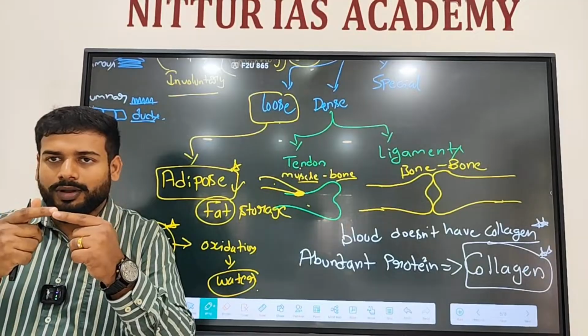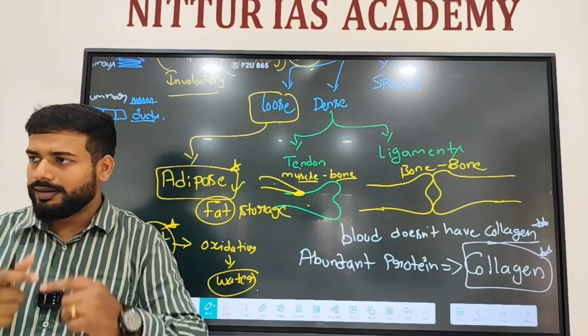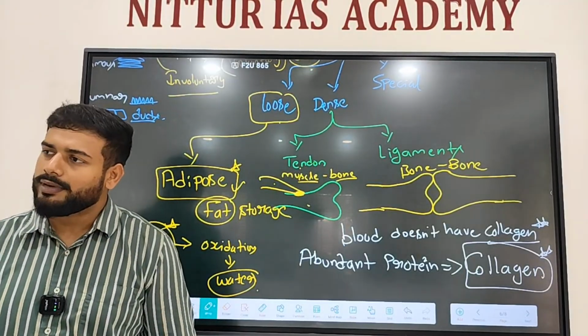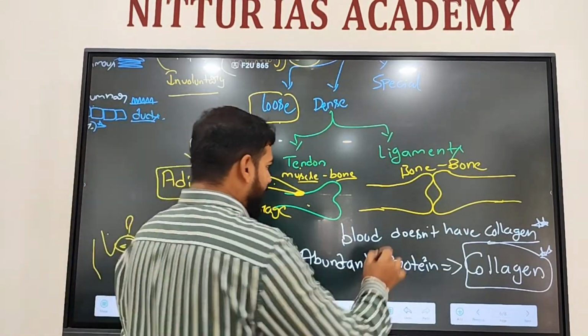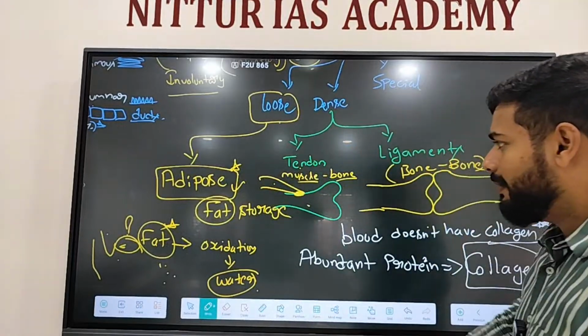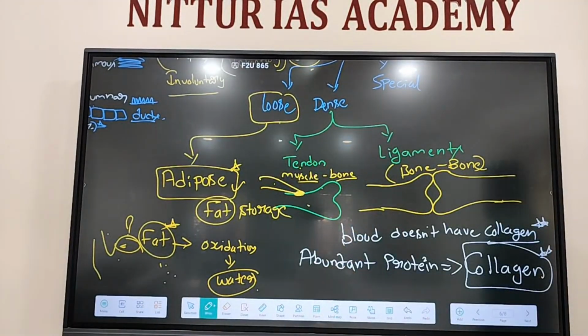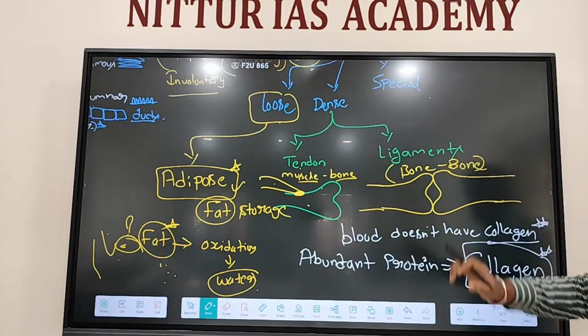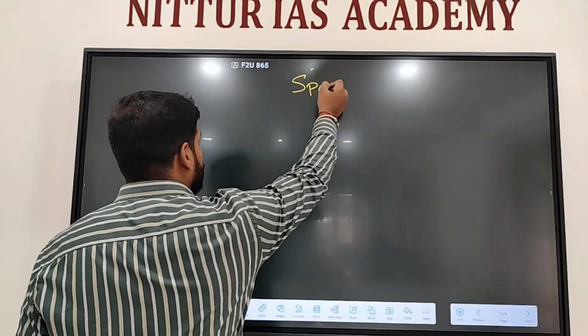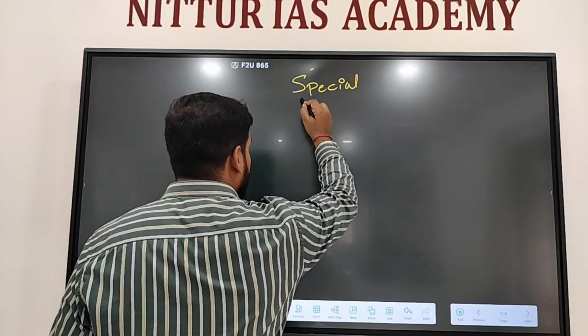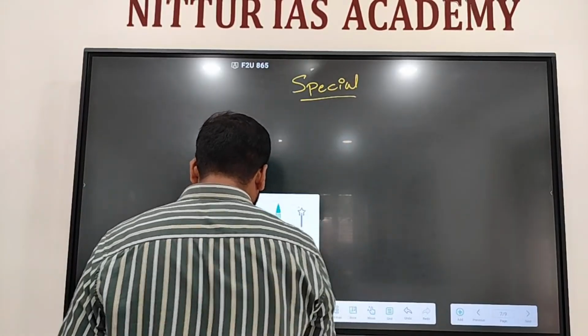Ligament connects one bone to the other. Ligament, the soft tissue, soft compared to bone, right? Ligament connects bone to bone. Tendon connects muscle to bone. Okay. Special connective tissue. Very special. Under special connective tissue, we have